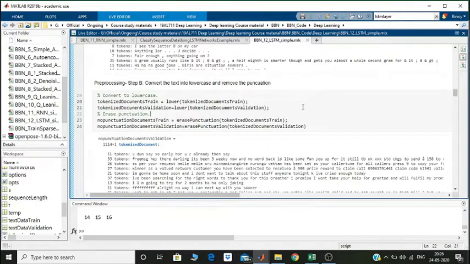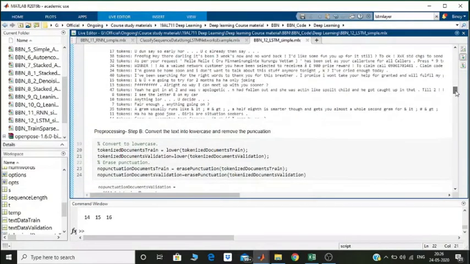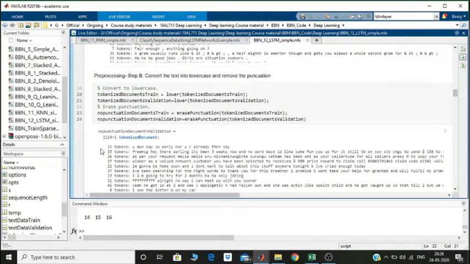So if you look at the validation documents, the previous one, "you don't say so early" with three dots, "you see already then say" with three dots. That from 17 tokens has now been reduced to 11 tokens because I have removed all the dots that I had. I had 6 dots in this. So they got removed and now I have only 11 tokens. So the number of tokens and the amount of memory that I will save is significant when there are cases like this.